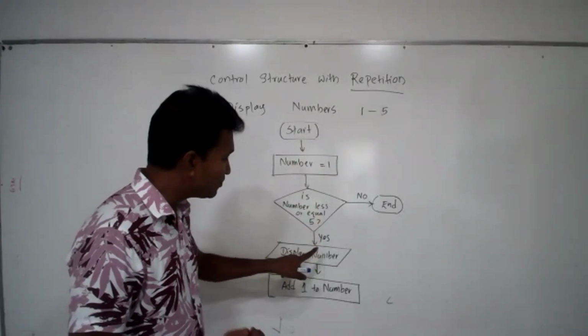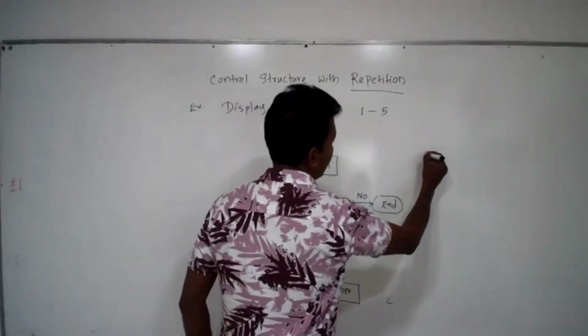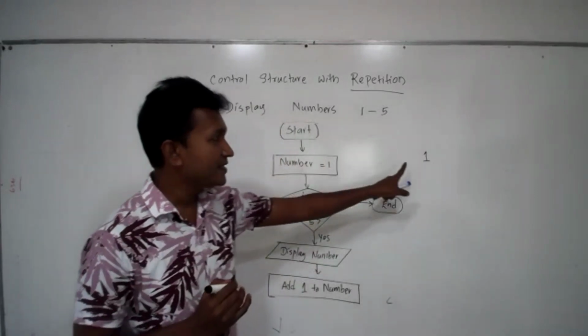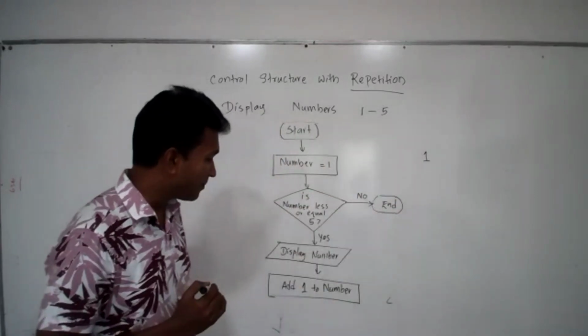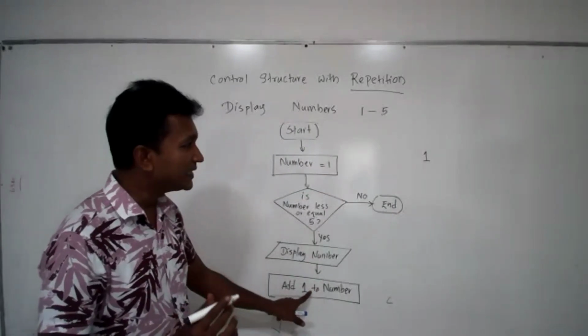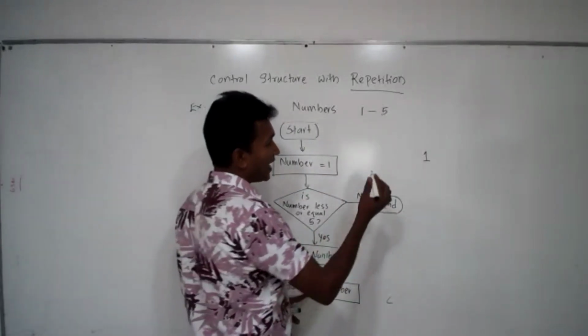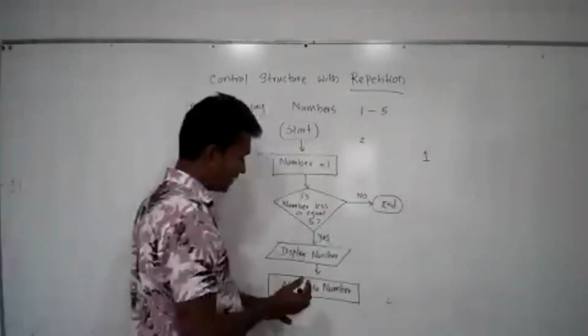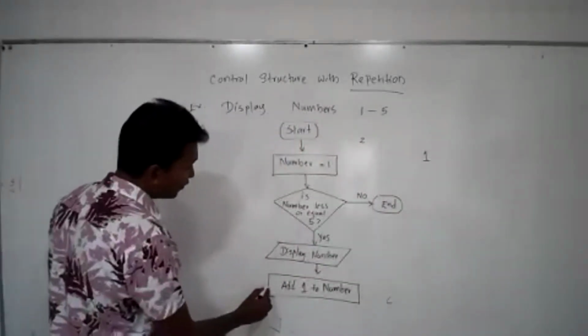Yes. Then display number, it will display as 1. This is the first step. Then we add 1 to number, so it is 2. Again we go to this place